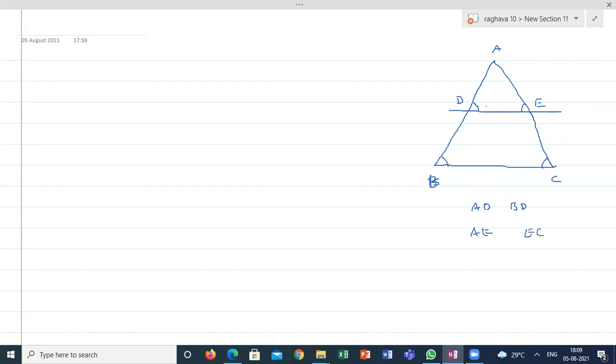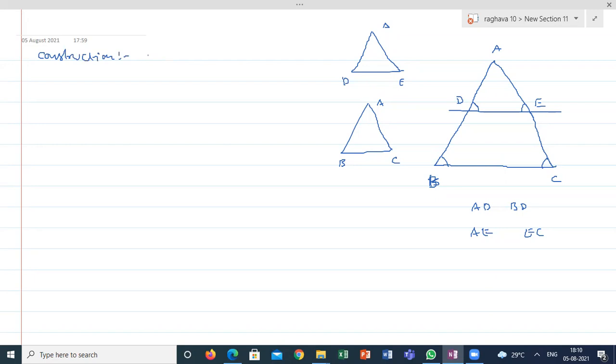The only possible way is using the similar triangles concept, or I have to split this diagram into two different triangles. One is triangle ADE, another one is triangle ABC. Guys, clear? Are you following what I'm saying? This you need not draw. Whatever I'm saying, I'm doing for understanding purposes. So I'm taking some construction. What construction am I taking here?